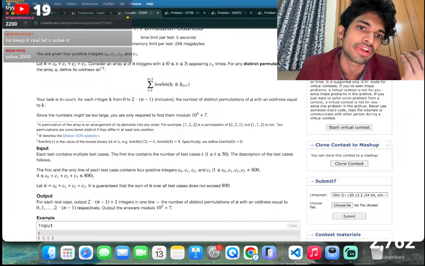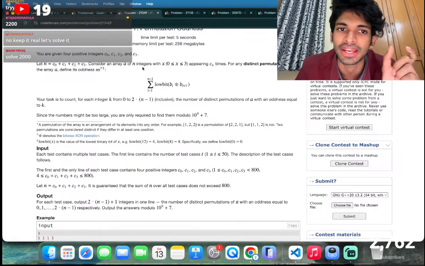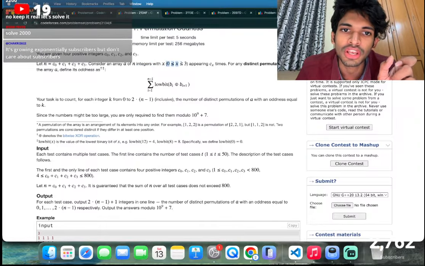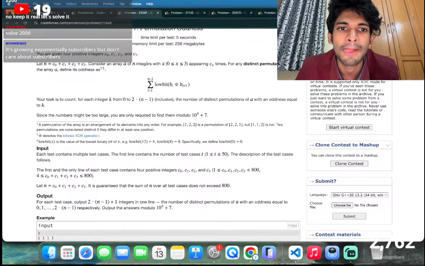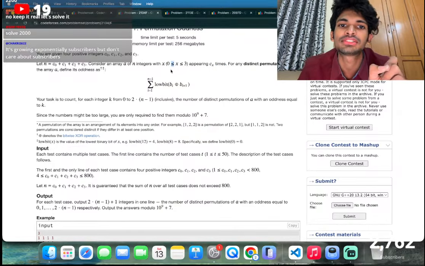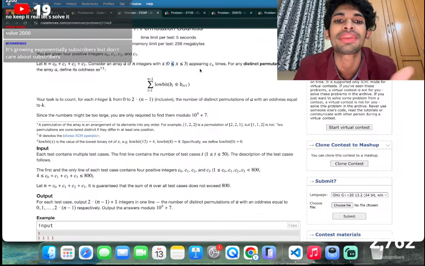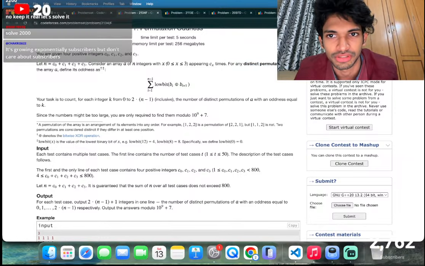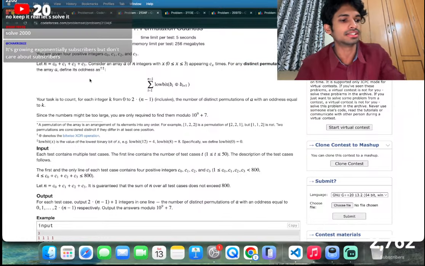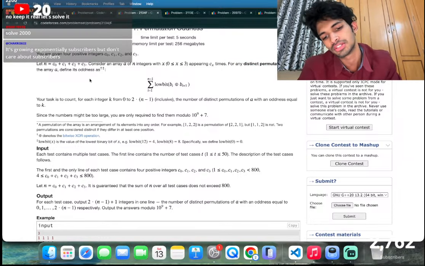Consider an array of n integers, with each x, 0 less than or equal to x less than or equal to 3, appearing Cx times. So we have 0, 1, 2, 3, and x appearing Cx times. So 0 appears C0 times, 1 appears C1 times, 2 appears C2 times, 3 appears C3 times. For any distinct permutation B of the array A,